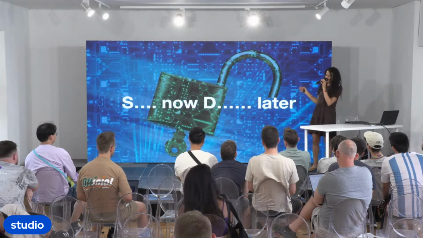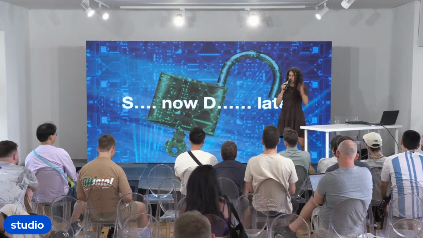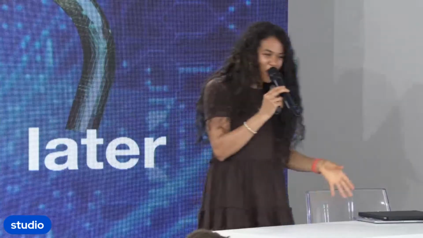Okay, the idea is, I actually didn't write it. It's store now, decrypt later. So the idea is that you store encrypted data now, even though you can't decrypt it now. When we have a quantum computer, then you would actually be able to decrypt it. And this is obviously a big problem because essentially any data that's encrypted now and in the past is essentially open. So it's essential to start encrypting data with new encryption methods that are safe against